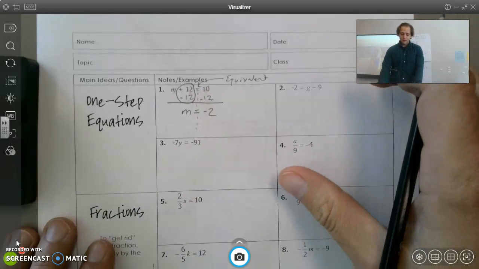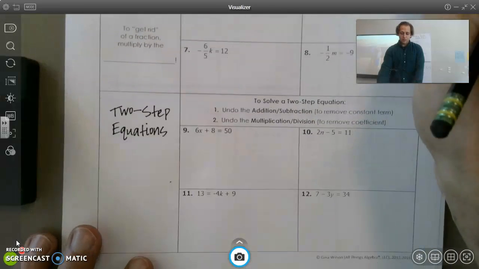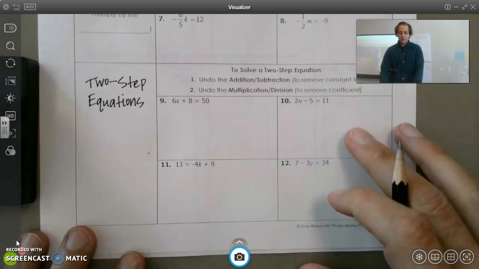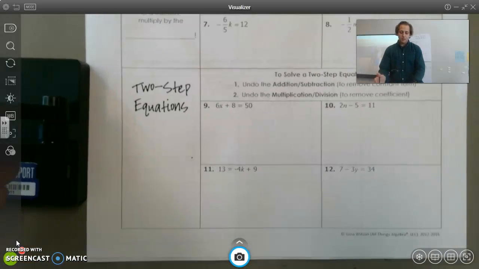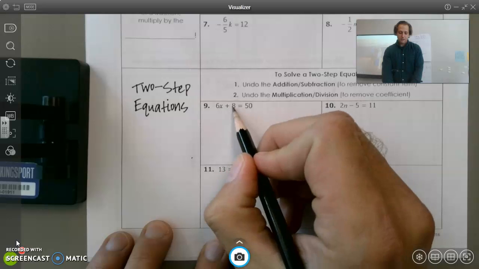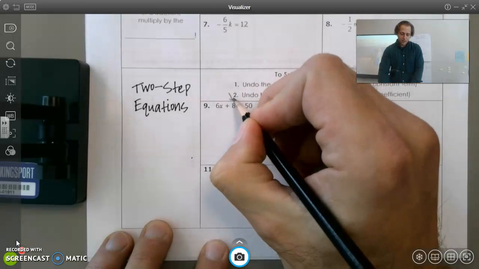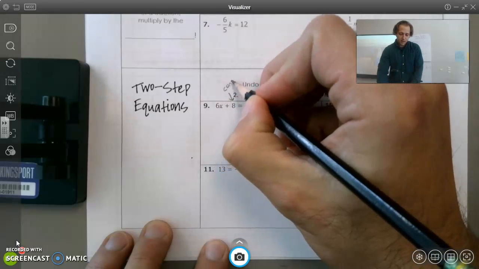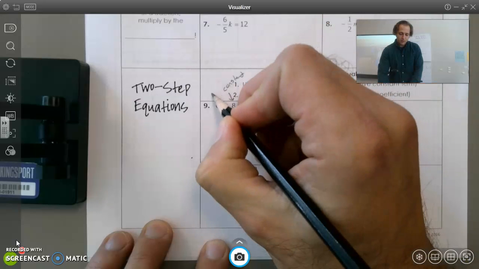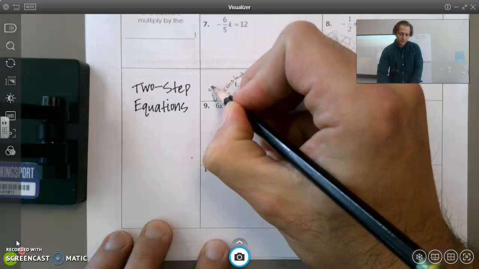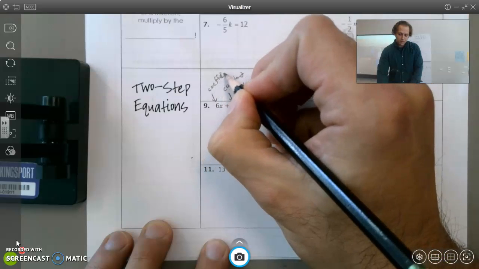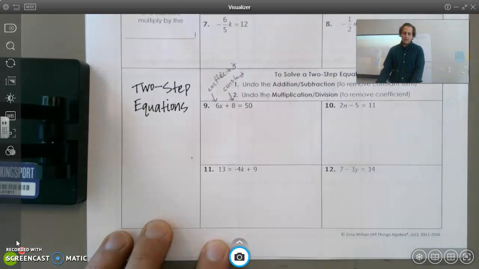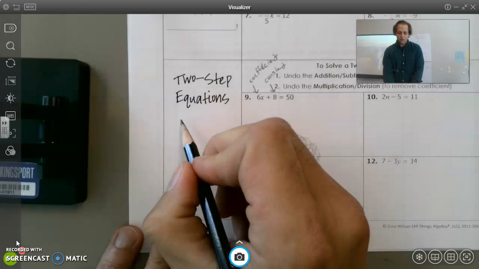Let's come down here to the two-step equations. Now when I've got two steps, not only do I have some number being added to the x variable, which we call a constant, I have some constant being added, but I also have a coefficient of x, meaning x is being multiplied by something. So our strategy with this is that we are going to use